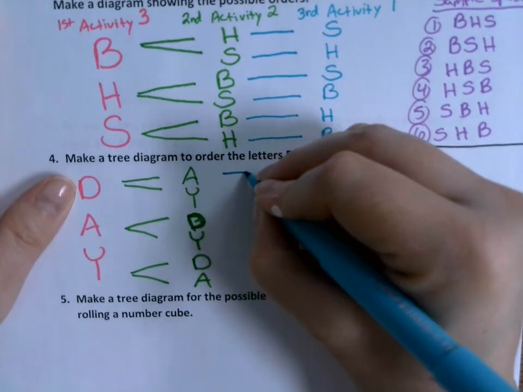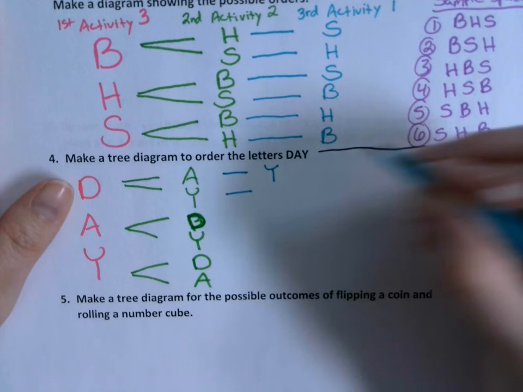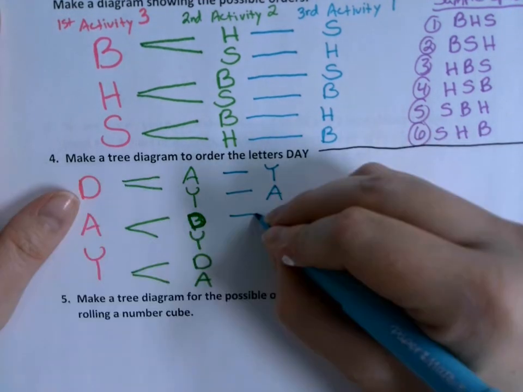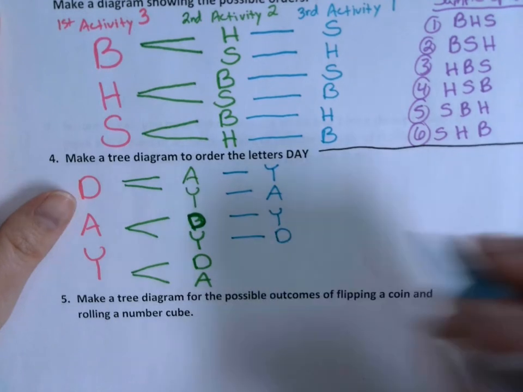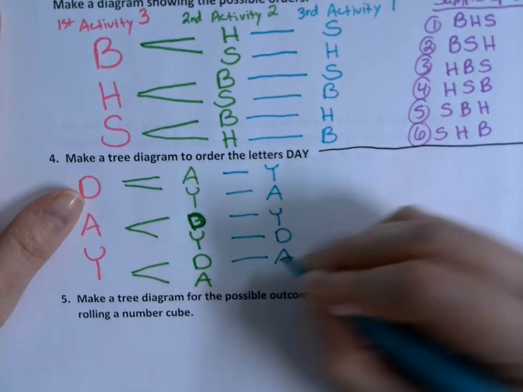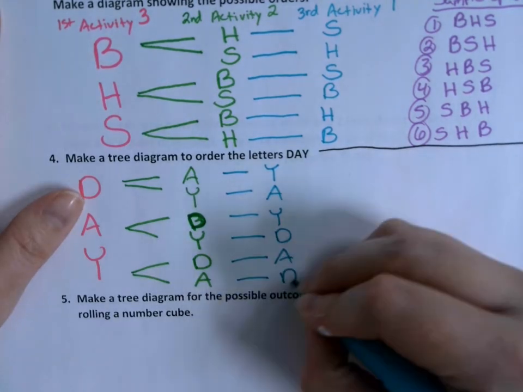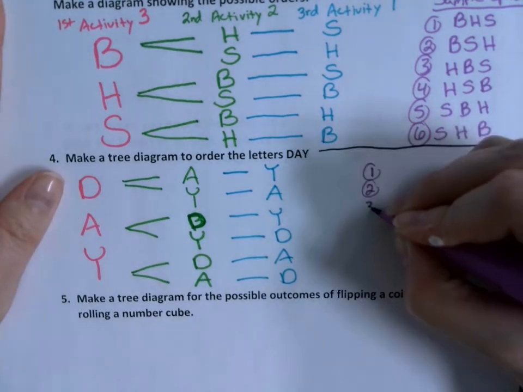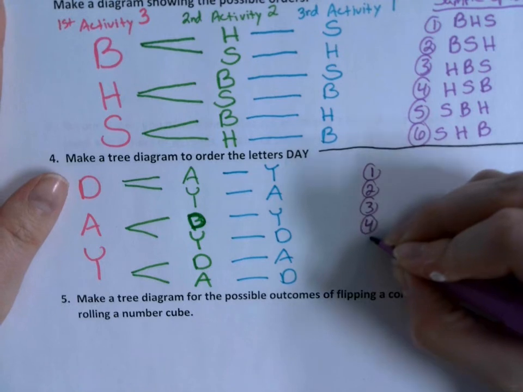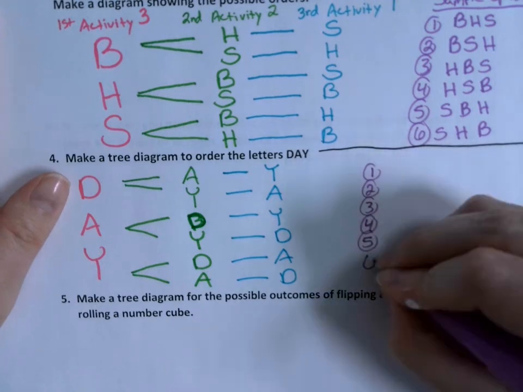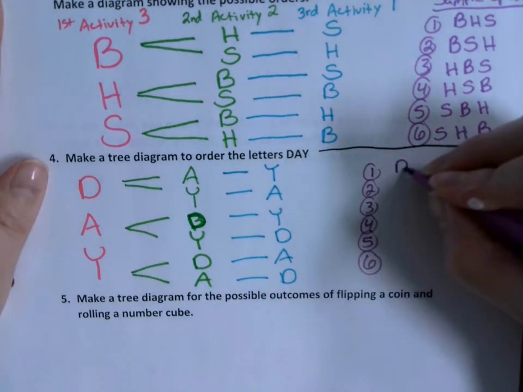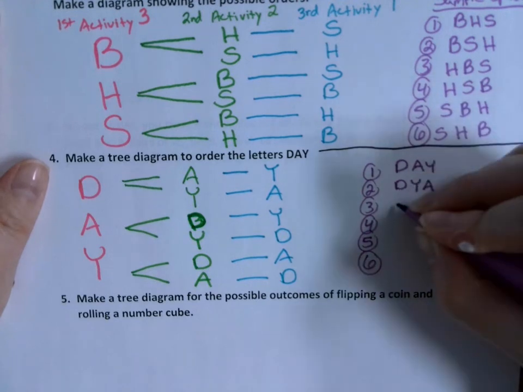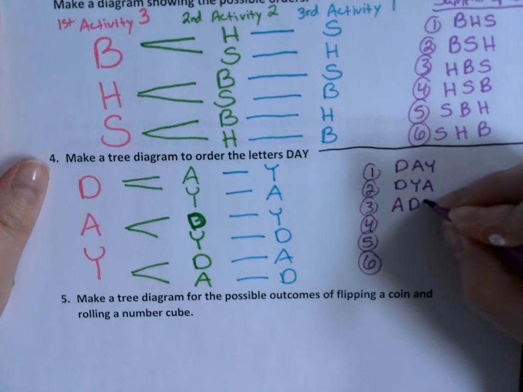D-Y-A, A-D-Y, A-Y-D, Y-D-A, Y-A-D. So for my sample space, I've got 6 total ways that I could arrange these letters. D-A-Y, D-Y-A, A-D-Y, A-Y-D, Y-D-A,